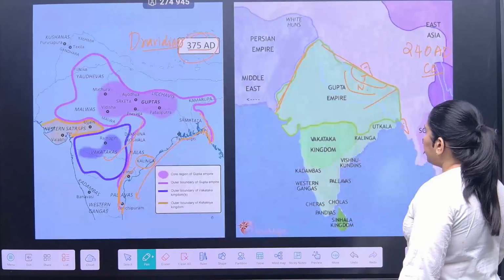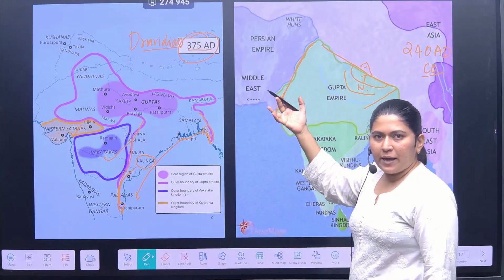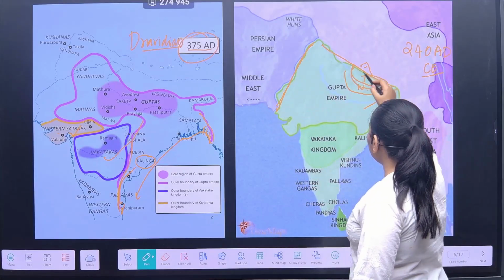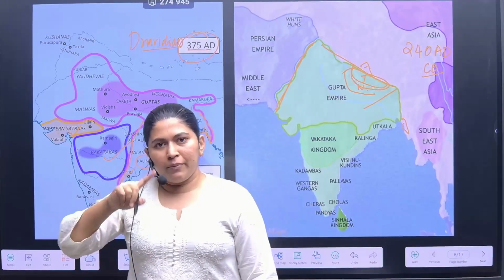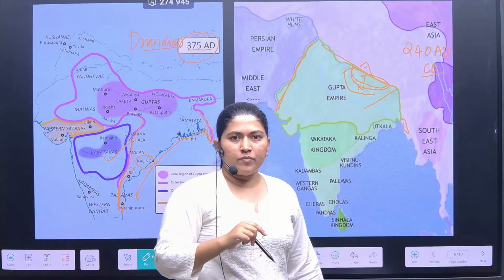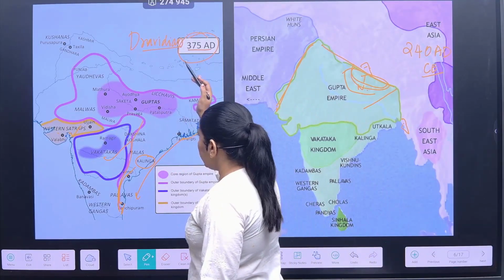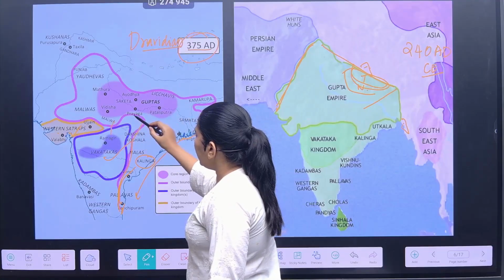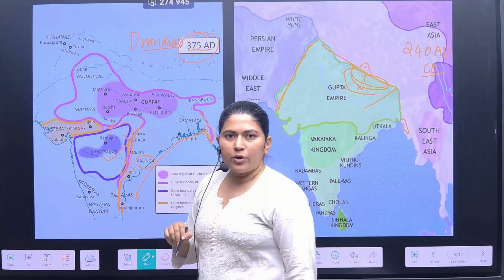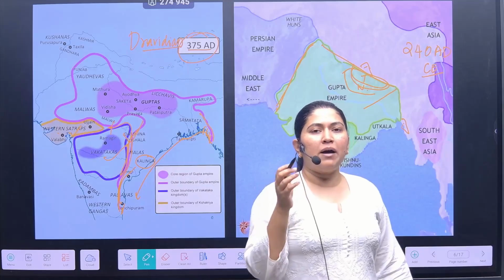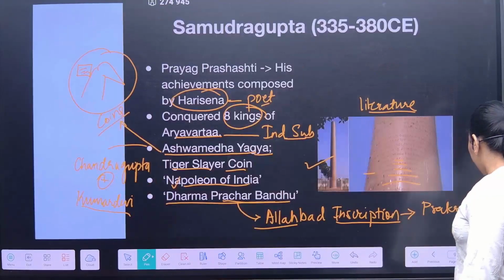So if you see in the map, during the initial phase of the Gupta Empire, when it was established, Nepal was within the Gupta Empire. The Nepal region was in the Gupta Empire. Why? Because they had a marriage alliance with Chandragupta I. Now when we come towards the next generation, the third generation, we would be seeing that they would be getting much more friendly boundaries with the Vakatakas. This was only possible due to the marriage alliances that were taking place during the Gupta period. Now, it is the first time in the history